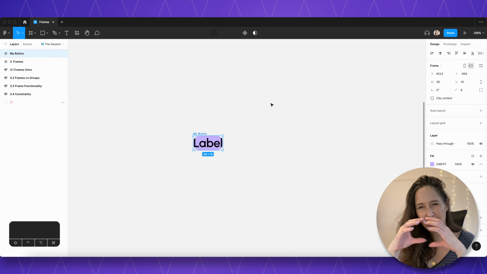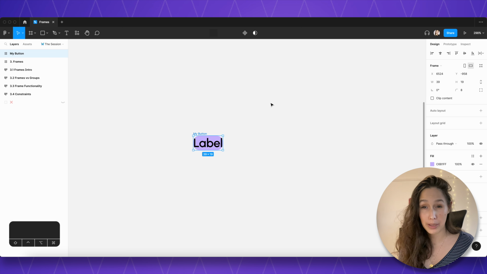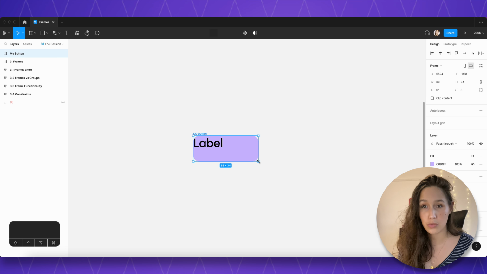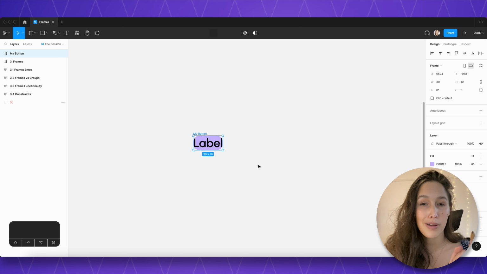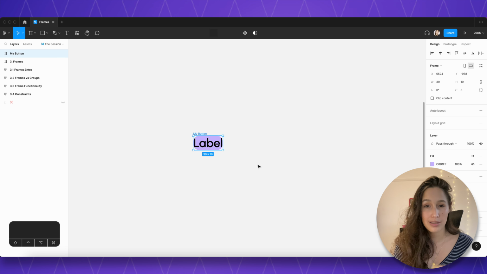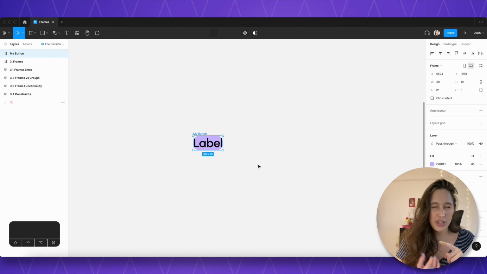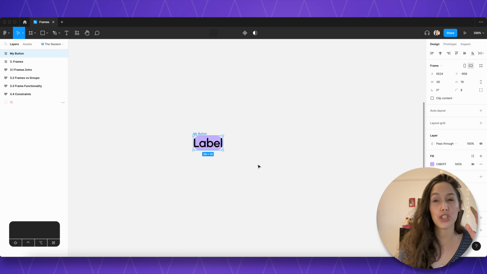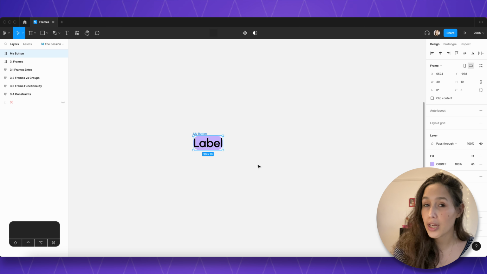It looks a bit pill shaped now, so I need to make it a bit bigger, right? What you would instinctively do is grab it by the corner, maybe hold down Shift, maybe not, and just drag to get the size you want. But there is one thing that we know about buttons that is 100% sure. We don't know if they'll have rounded corners, we don't know what color they'll be, we don't know what size they'll be or what shape they'll be exactly, but we know that the label will forever be in the center